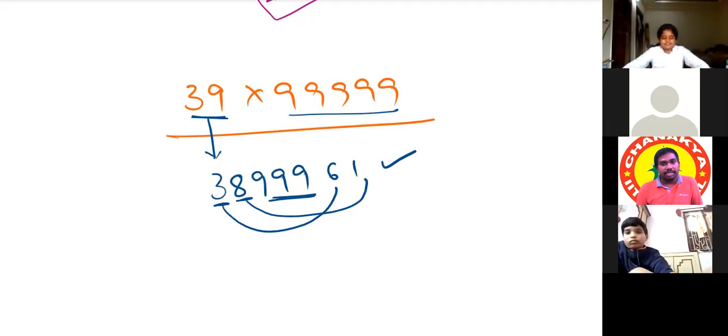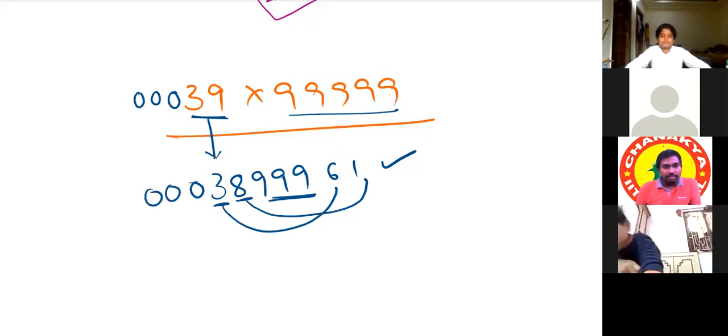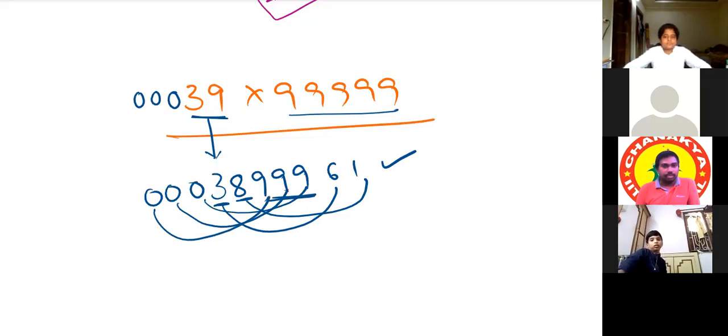Yes, sir. Leave these 3 nines. The actual procedure is making the number of digits equal. So here also we are doing the same, but we are reducing that step. This corresponds to this one, this corresponds to this one. Yes, sir, because 9 minus 0 will anyway be 9. Okay, now you can solve your questions.